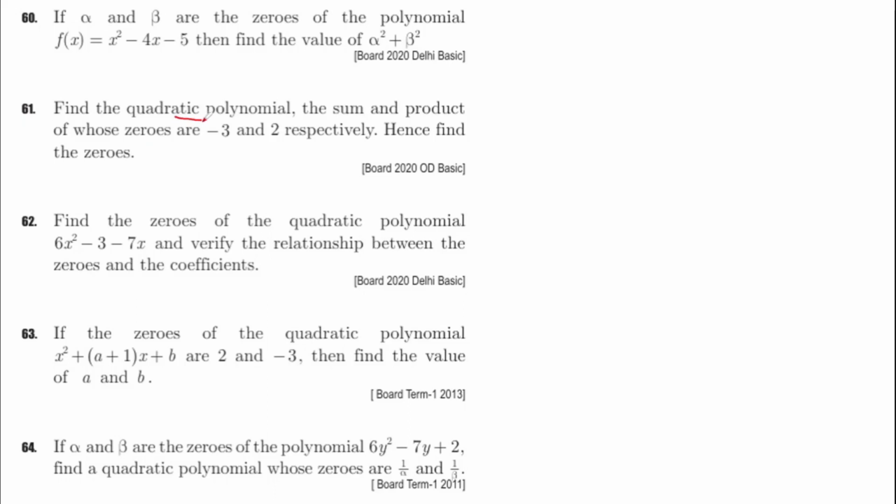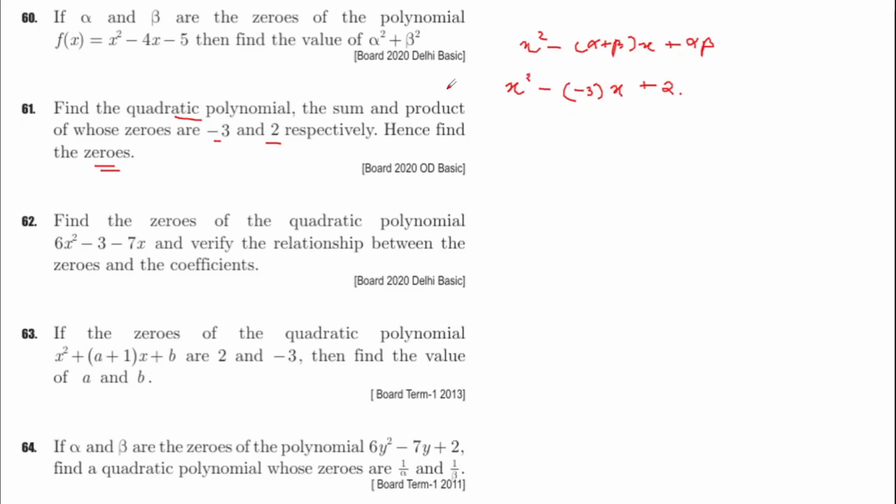Here, find the quadratic polynomial. The sum and product are given as minus 3 and 2 respectively. Hence, find the zeros. So first we need to form a polynomial, then we need to factorize this and get the zeros. Okay. Now, let's try to form the polynomial. It's very easy. x square minus alpha plus beta x plus alpha into beta. x square minus, alpha plus beta is already given as minus 3